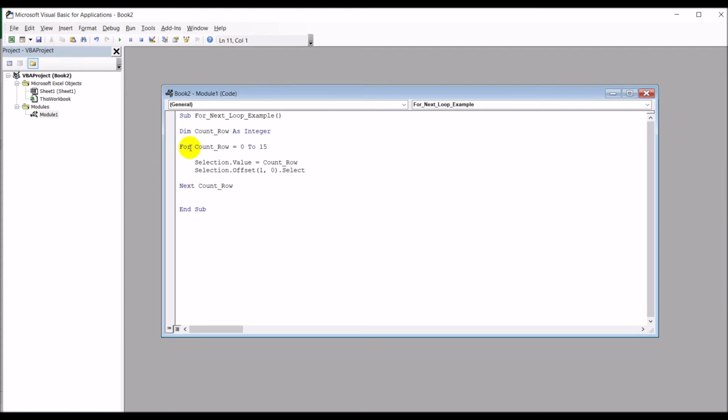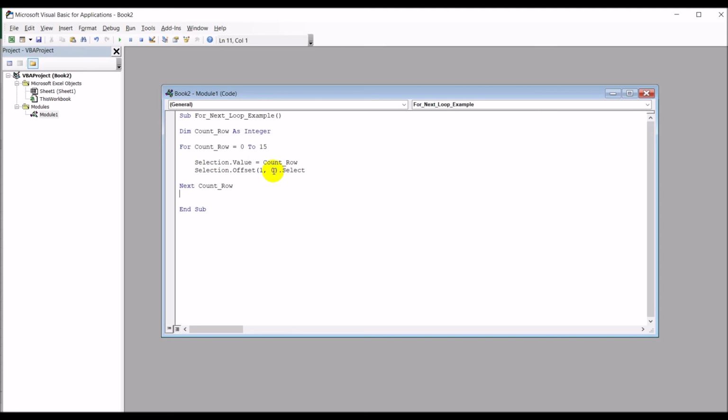So once again, we have first created a variable, defined it as an integer, then we set up a loop. We start from 0 and go all the way up to 15. Whatever the active cell is, we make that the value that's stored in that variable, we plug into that cell. The first time around it's going to be 0, so whatever the active cell is, that's going to get assigned the value of 0. Then using the offset command, the active cell is going to move down one because it's got a positive one. Had it been a negative one, it would have moved up, and a 0 means do not move